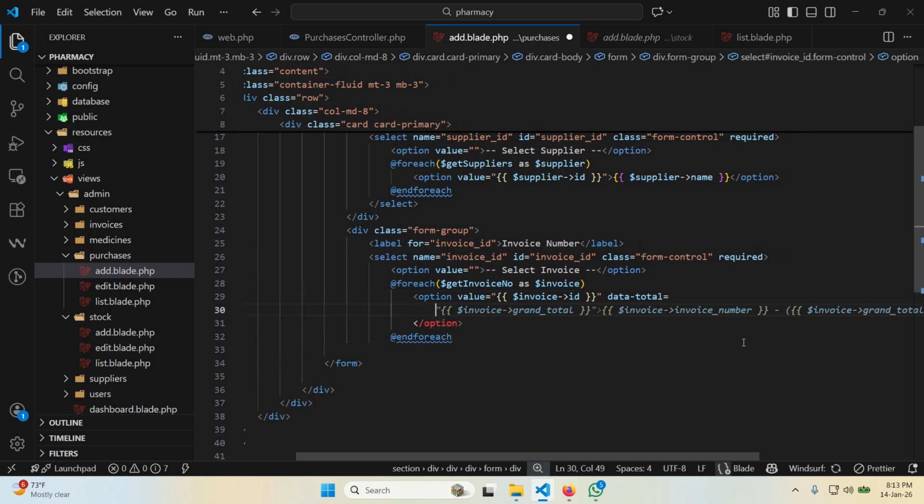let me just write down here. So we have, what did we call that? So we get invoice, then we get the grand total. Actually, we were not calling it grand total, but we called it net total. Let me just put this as net total, like that. So we have net total, and then we close that, then we put this again, so we get